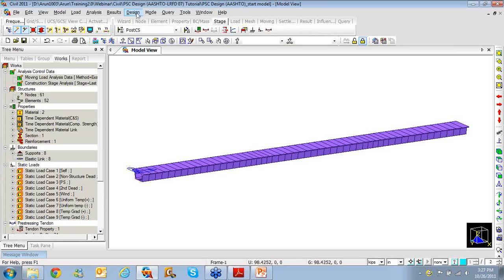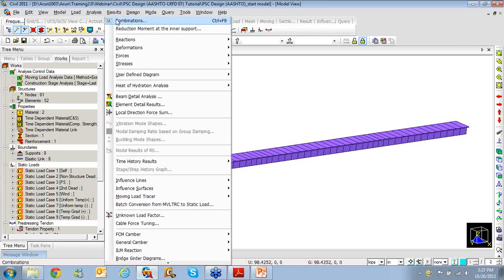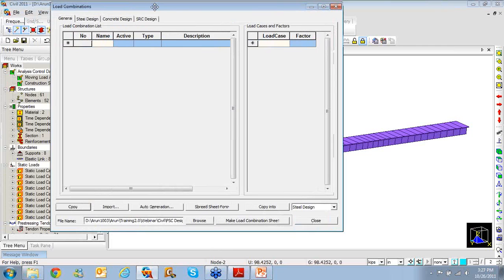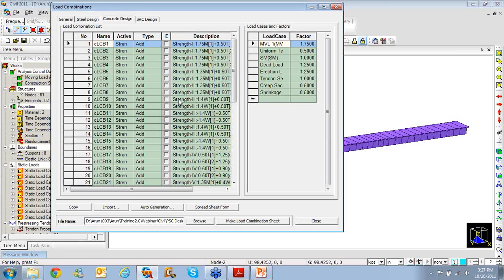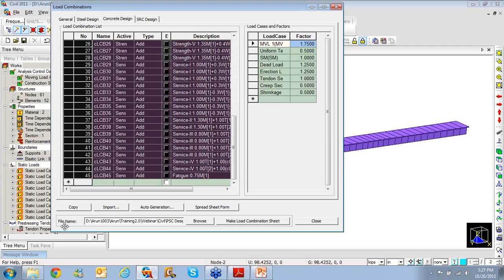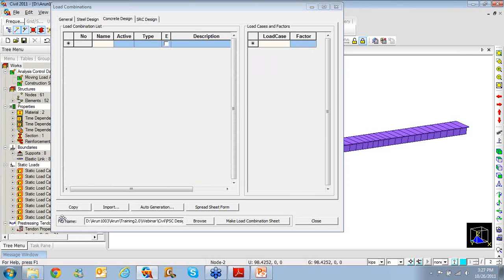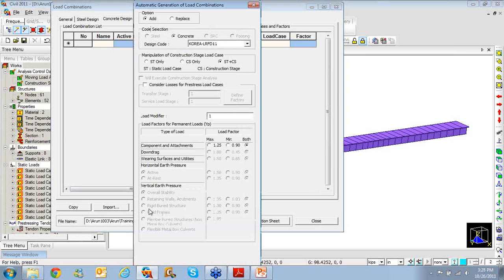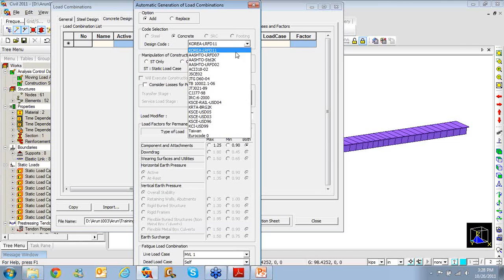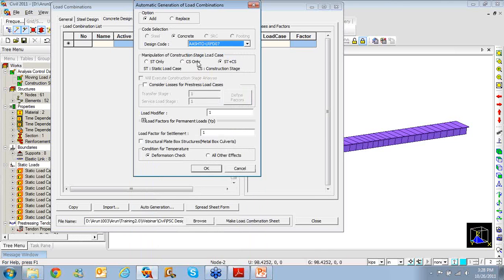And now we'll go ahead and first define the load combinations. So I'll go to load combination result and combination, and we have some set of load combinations already defined. So what I'll do is go ahead and delete all of them. Now once deleted, we have a special auto generation feature which I'll click on, select the code which is AASHTO LRFD, and then I'll